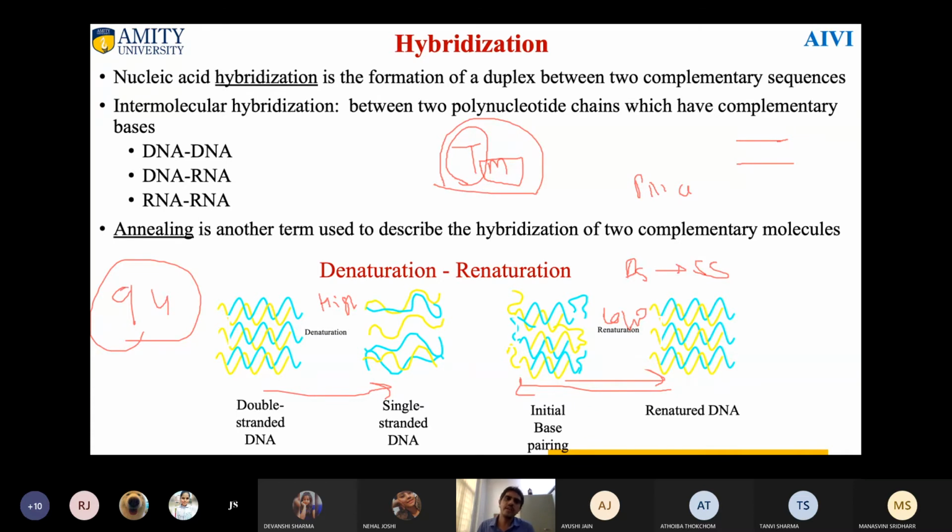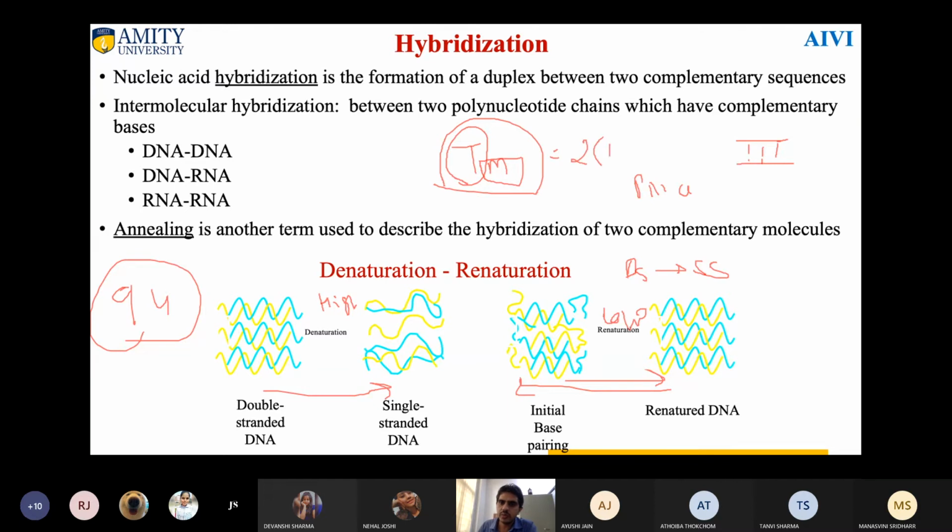It may denature at a lower temperature also, but that temperature depends upon what GC content it is going to have. So for that there is a formula also to calculate the temperature of melting. This formula for Tm is going to be